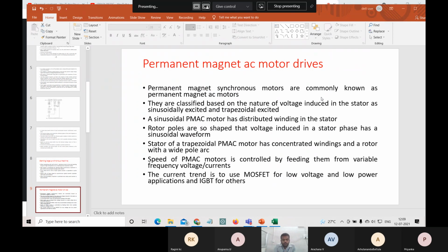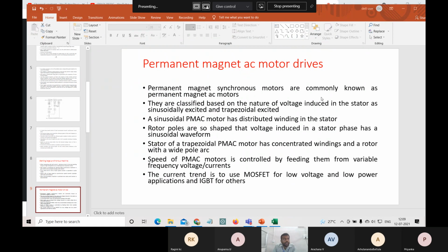So they are operated in the self-control mode. The whole procedure that I am talking about is called the self-control mode. So here the rotor position sensors are employed for operation in self-control mode. The rotor position sensors are very important in self-control motor drives. So they are provided with rotor position sensors for controlling the synchronous motor in self-control mode.